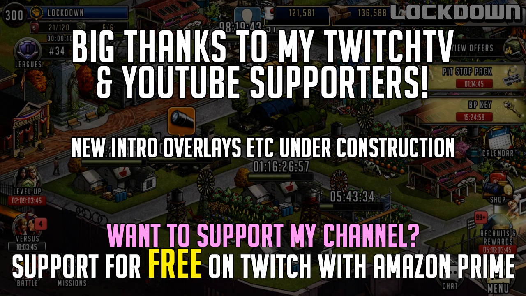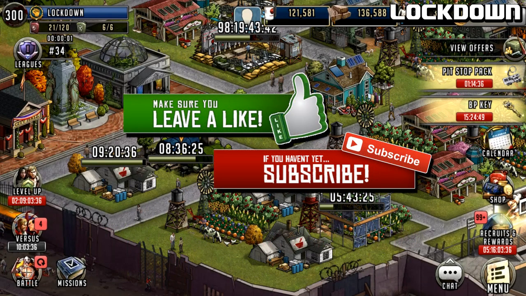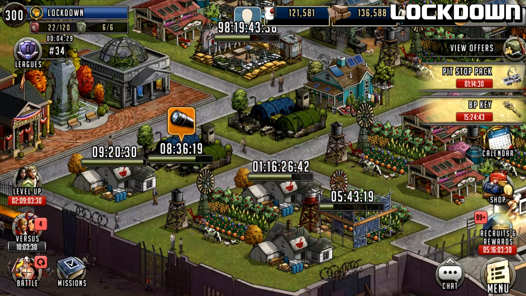Hello survivors and welcome to another Walking Dead Road to Survival video, and in this video we're going to be going over the Peacekeepers event. I'm going to be running through the roadmaps and also just showing you basically what you can get your hands on. I'm going to also do my 2 pulls on the Peacekeeper wheel